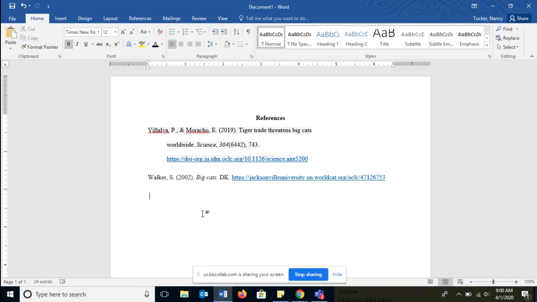Now if we're going to put our in-text citation for our first source here, our in-text citation would look like this. Author's last name, comma, and then the year. Oh, sorry, not the page number, the year. If you're referring to a specific page, you could put in the page number. But it's not required unless you're using a direct quote or citing information that you want to provide the page